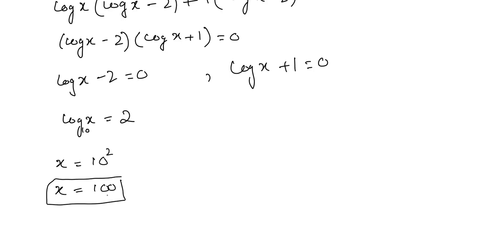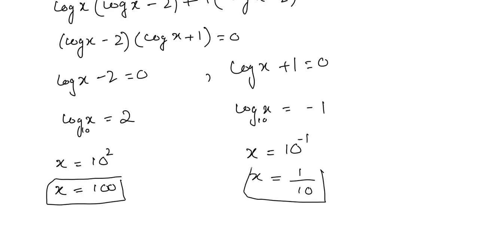So yeah, we have one value which is 100, and for the second value we have log x is equals to minus 1, and x is equals to 10 raised to the power minus 1, so it will be 1 over 10. So we have our two answers, which are 100 and 1 over 10,